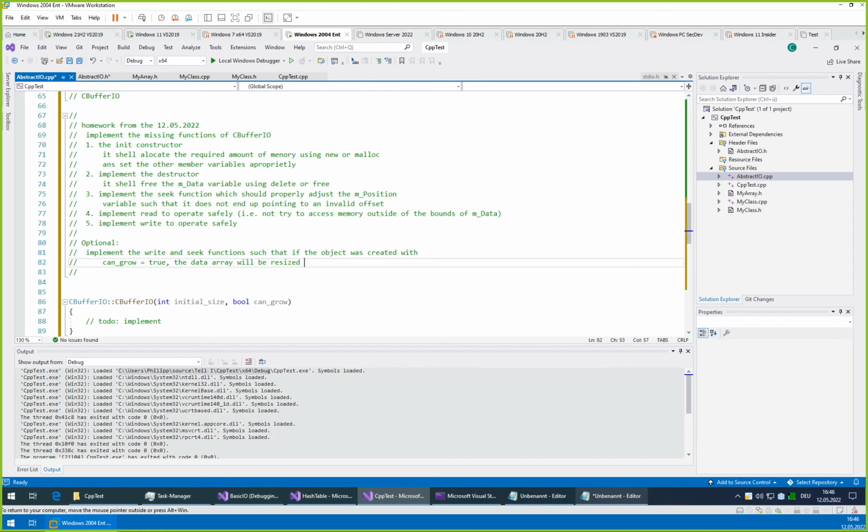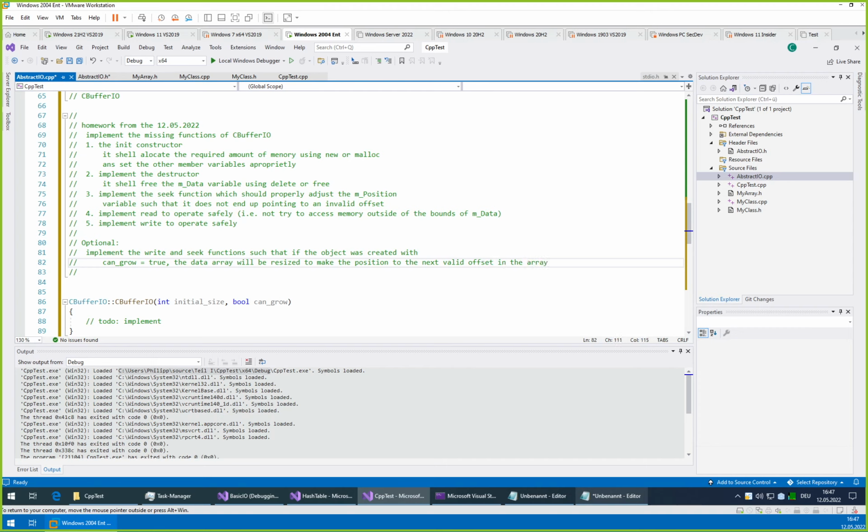That should be more explicit. The data will be resized to... I don't have a good sentence to make the... No, it's not correct either. Resize to make the position point to the next valid offset